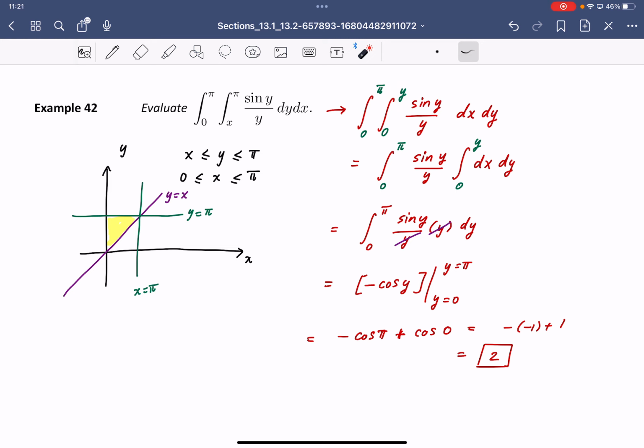Is there any mistake? Integrate sine, you get minus